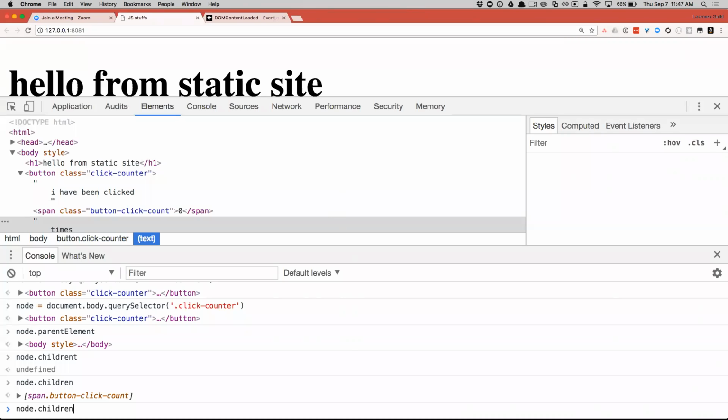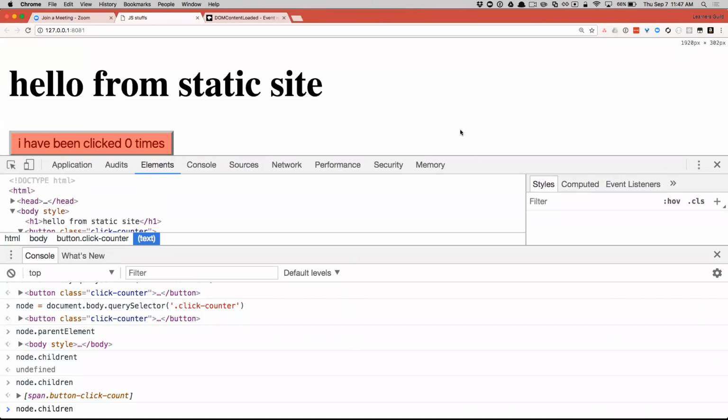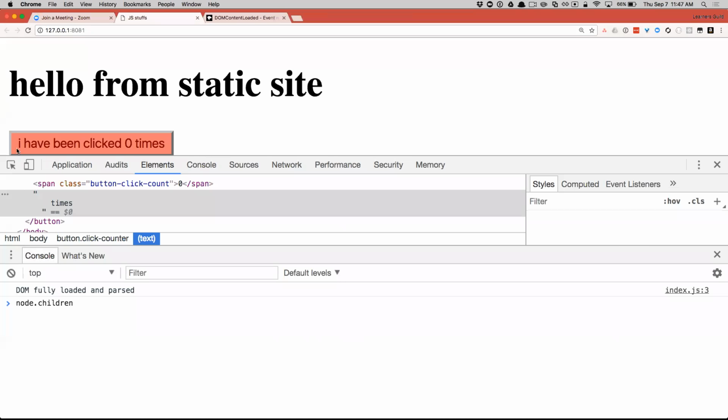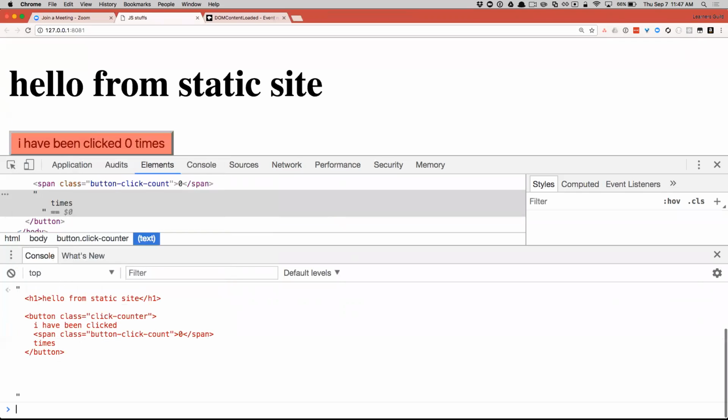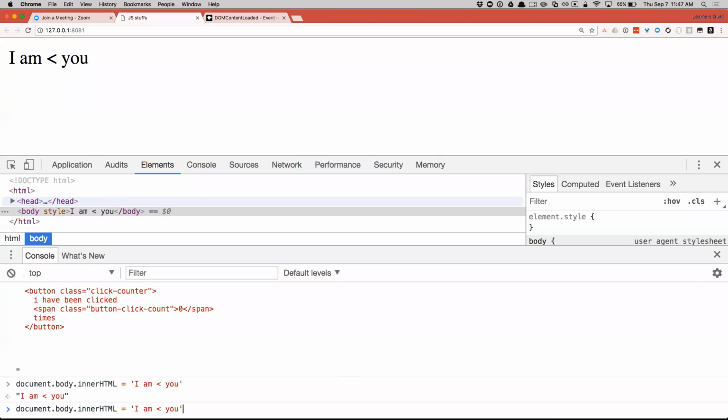So I have a question. When you changed the inner text of the button to implement it, is there a reason you changed the inner text and not the inner HTML? Because I've often noticed that those are both the same thing. Yeah. Okay, well, so here, check it out. Document.body.innerText is the text of the page versus innerHTML is all the actual HTML, right? So if I just say innerHTML and I say, hello, let's see, I am less than you. So I can throw text in there. But if I have some